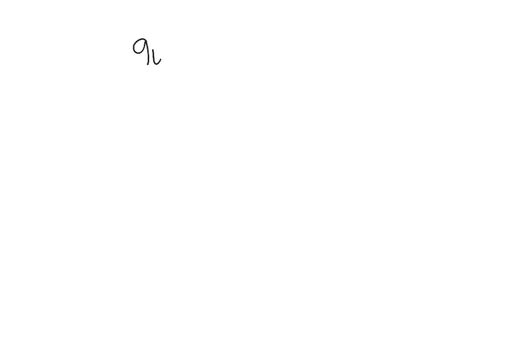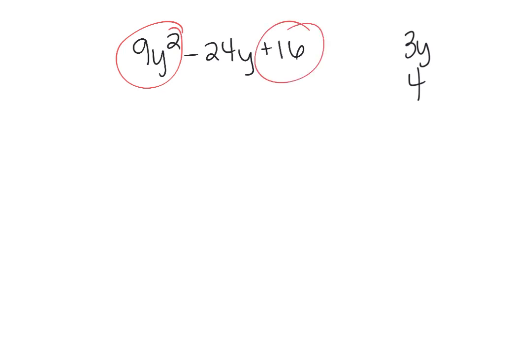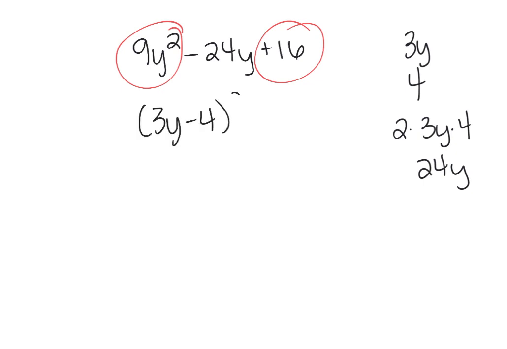It is helpful when you have something that's a little long like this one, noticing that you have the 3y and the 4 when you take the square roots of the end terms, and 2 times 3y times 4 is 24y. So you can go straight to (3y minus 4) squared using that pattern,